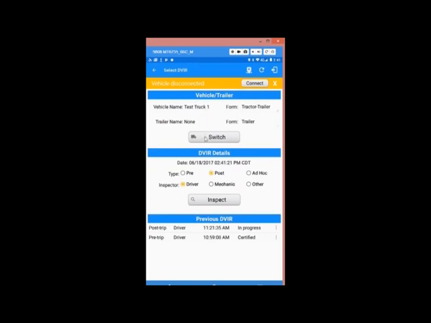If you hopped in a different truck than normal, you might have to switch vehicles to get in the right truck. But typically the tablet syncs with the device in the truck, so whatever truck it's synced with is going to show up right here. If you assign tablets to drivers, they would have to go in here and sync every time with that new truck that they went into. But since we're leaving the tablet with the truck in most instances, you will not have to